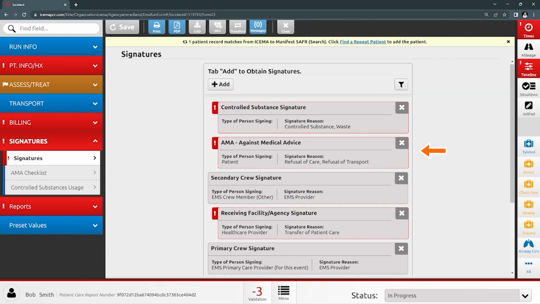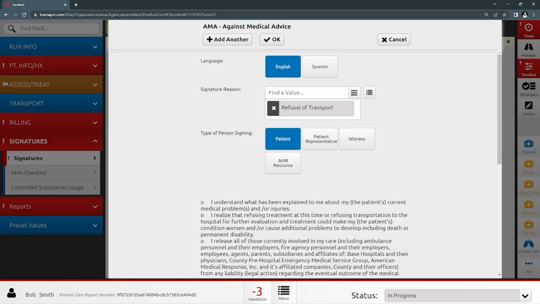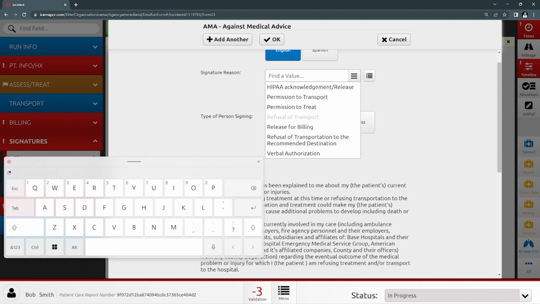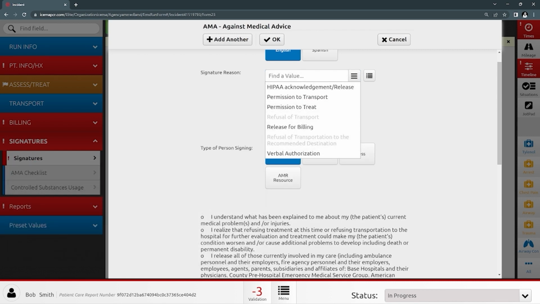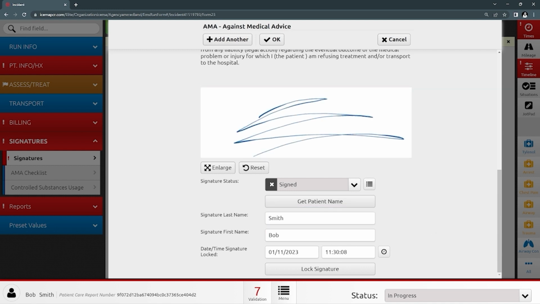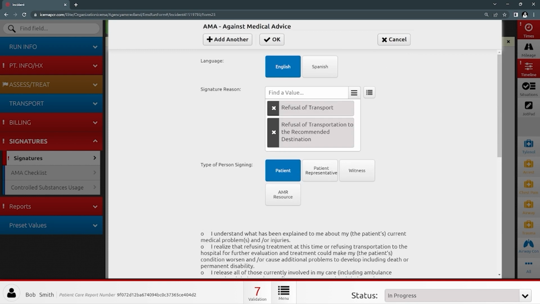If the patient wants to AMA against something, you hit AMA and have all these things. Who's signing this AMA? Refusal of what? It could be recommended. You can write recommended destination too as well. The patient can sign here. Same thing. Get patient name. They could sign right here, and then you can even lock this field out if you want to,